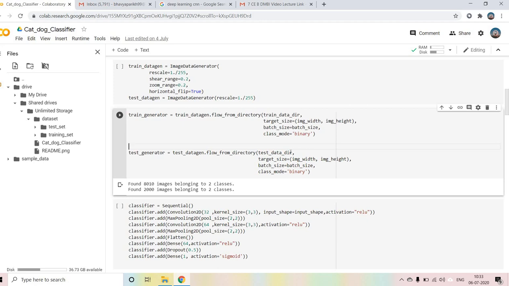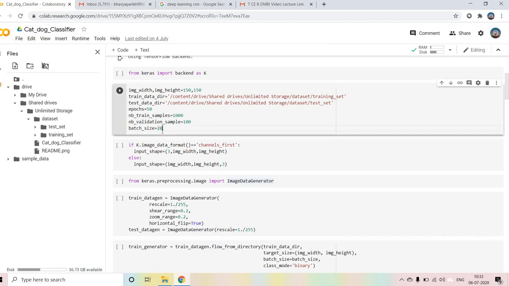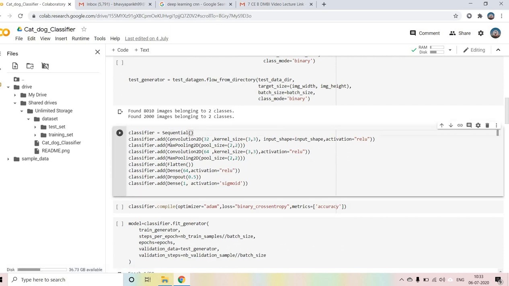You just have to change the batch size. I have defined the batch size as 20, so I am taking 20 images per batch and will pass them in a later stage. I will explain what the meaning of batch size is. Now I am creating the CNN model. This is up to you: if you want to go for 64 you can, but I tried with 32. Generally the convention is that you go for 64, then 128, it will keep increasing.